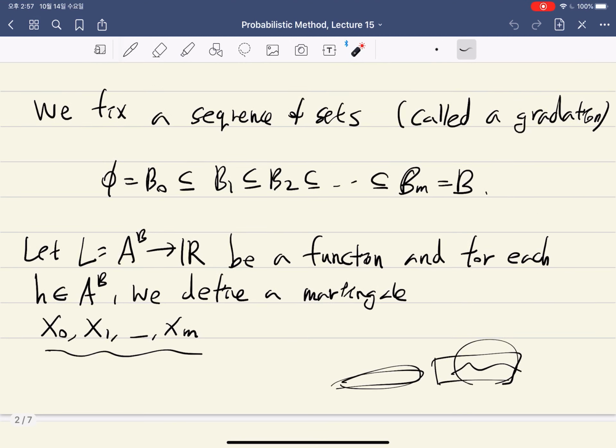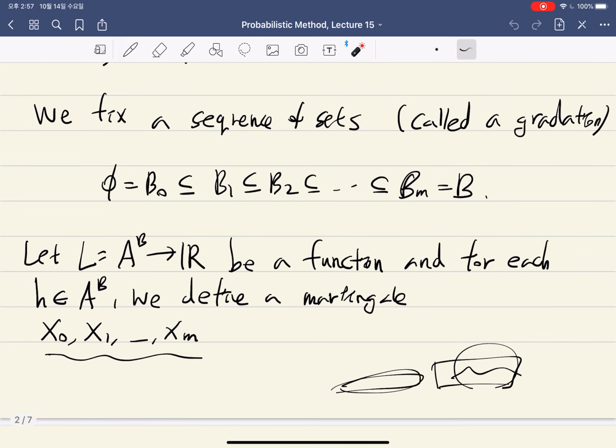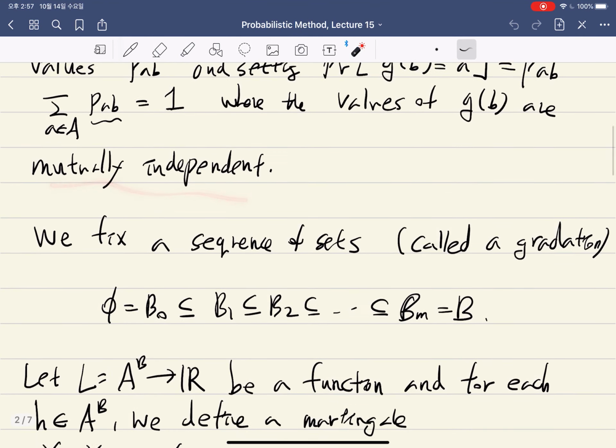And if that parameter satisfies this Lipschitz condition,